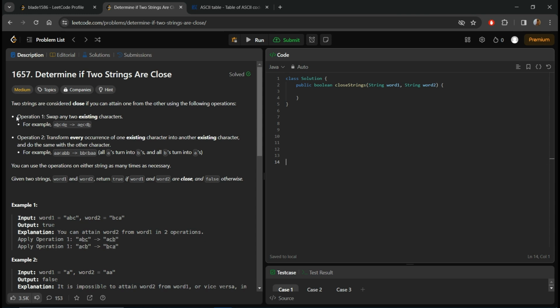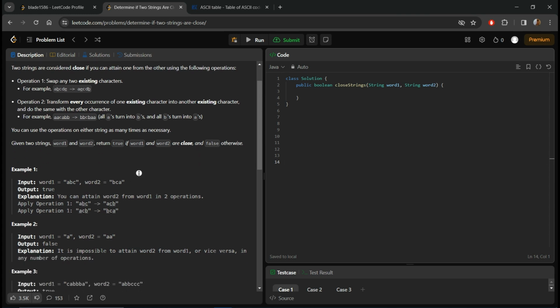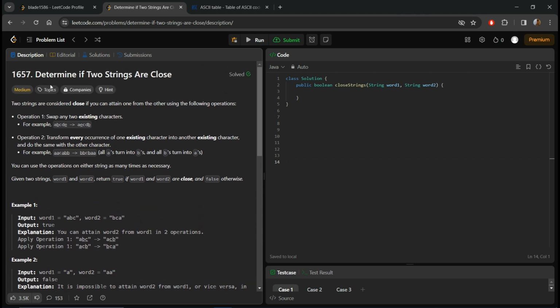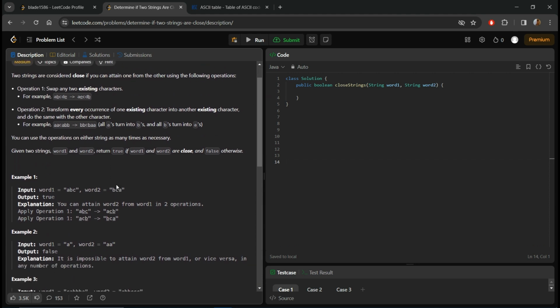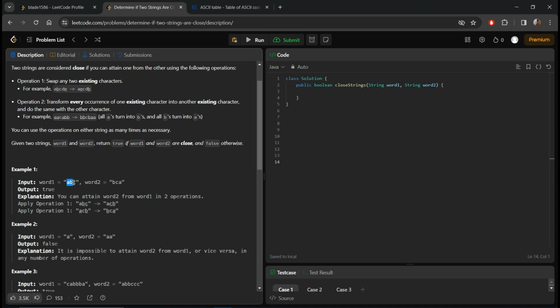These operations are confusing and oddly worded, but they basically mean that a string is close if you have the same letters in each of the words and the same frequency of the letters. So, same letters,